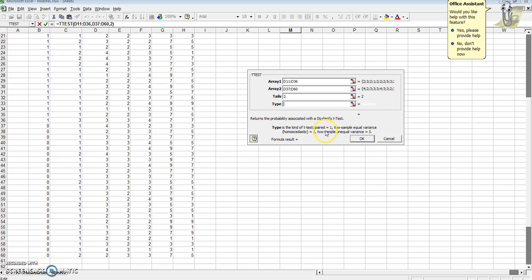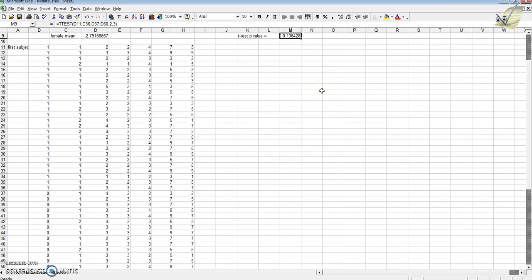We would type 2 if we have two different groups, or as they call it, two samples, and we know that the variances between those two groups are equal. Well, we don't know that. So let's pick number 3, which is two samples with unequal variance. So we'll type in a 3 there. Okay? Here is our p-value,